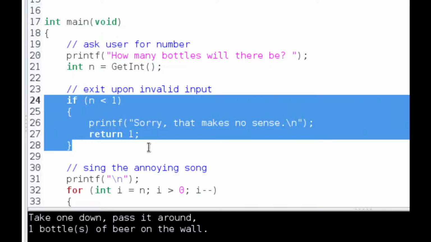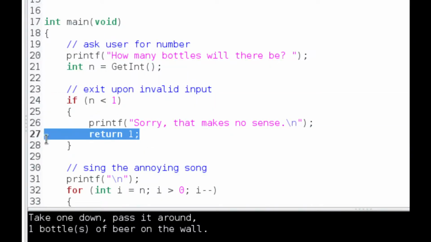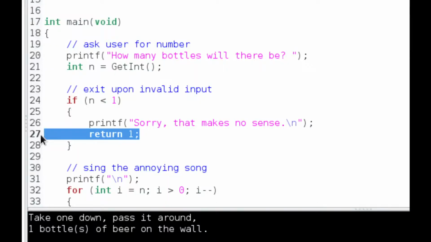But the reason for returning 1 is that as soon as you return 1, guess what happens to the rest of the program? It stops. That's it. So the fact that I'm returning 1 is effectively short-circuiting this program's execution so that nothing below line 27 will continue executing. As soon as main returns, that is it. All right, so if the user does cooperate and we reach line 30 because they typed in a legitimate number,